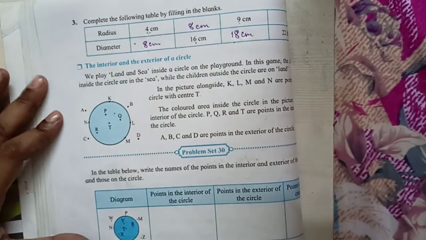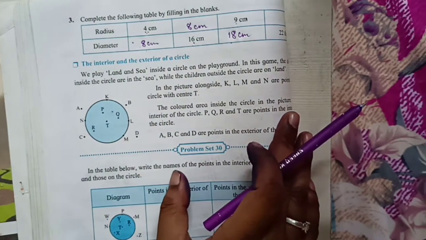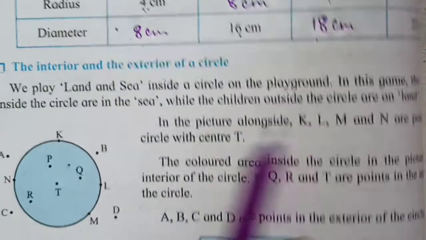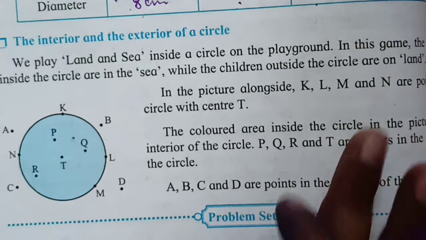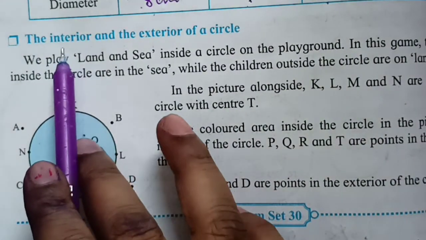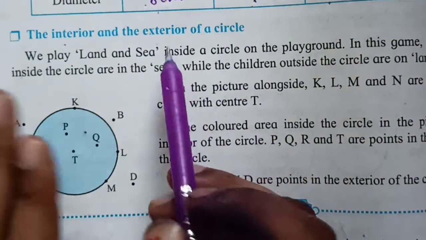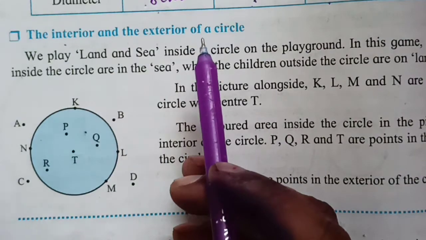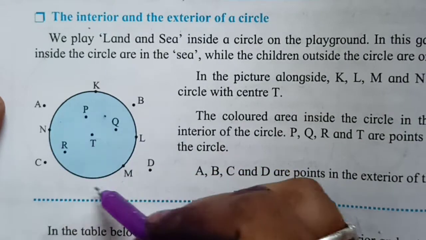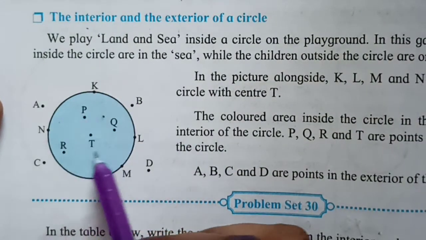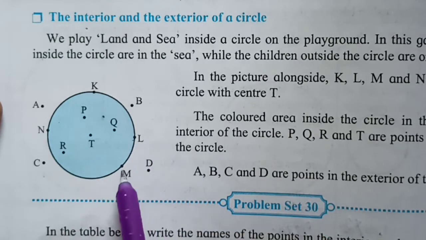Now this will be the next topic, the interior and exterior. Okay, so the simple terms interior and exterior, this topic is nothing hard. Just keep in mind, as the name also says, interior means inside, exterior means outside part. Clear? Interior inside, exterior outside. Now if you see this circle, you will find so many points outside, inside also, and some points are on the circle.